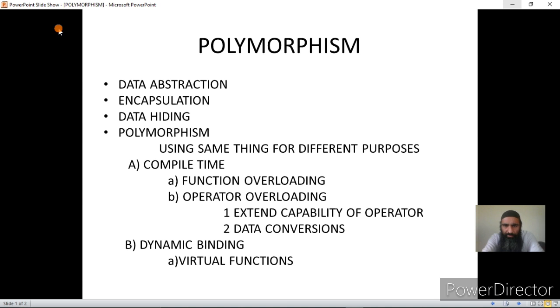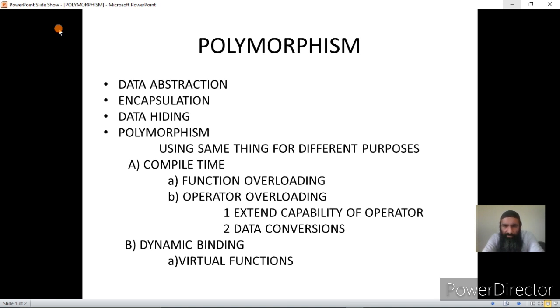Today we are going to discuss polymorphism. The word polymorphism actually comes from biology. Those people who have studied biology, botany and zoology, especially zoology, have seen that the frog can exist in two forms, either in tadpole form or in the form of a frog. This is called polymorphism, that is the ability of the organism to exist in more than one form.